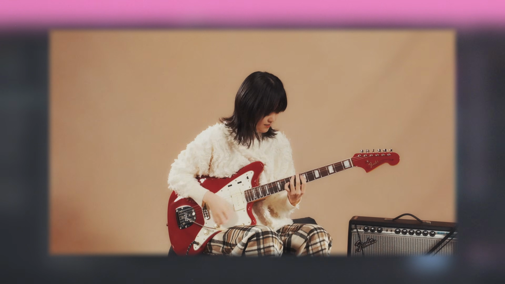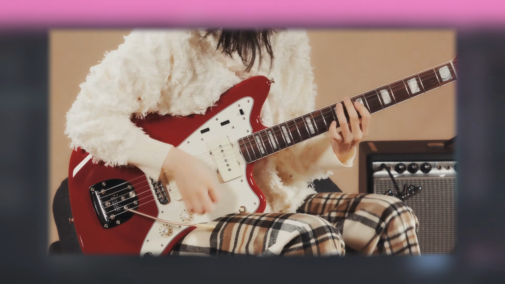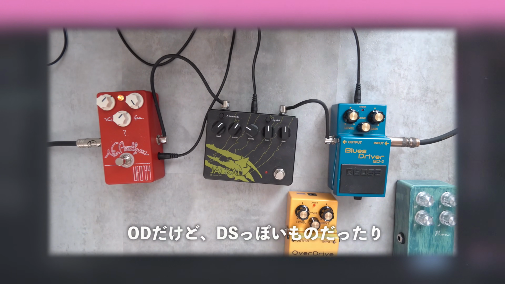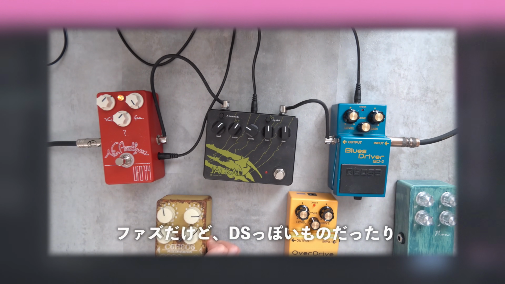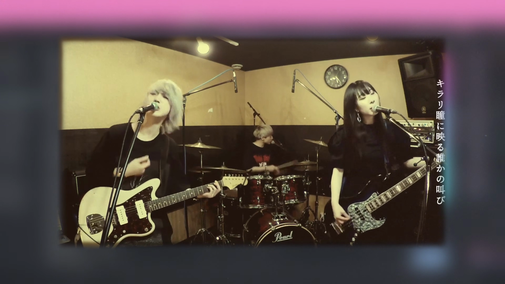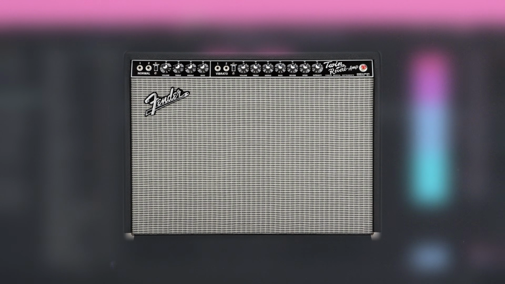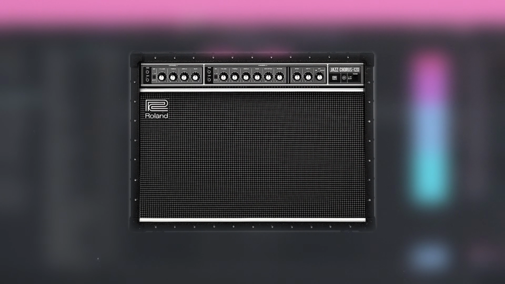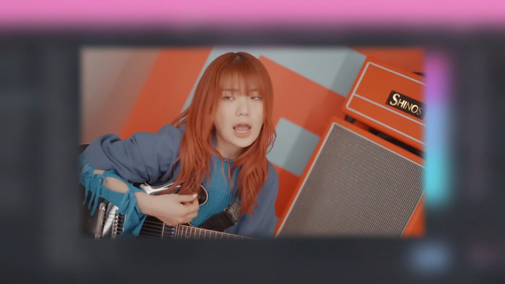It's very difficult to try to break down all the amps and pedals used for J-Rock music, so instead I'm going to try to explain this in general terms based off what I've seen, so please take this all with a grain of salt. I noticed that a lot of practice rooms in Japan will either have a Fender Deluxe or a Fender Twin Reverb amp, some type of Marshall JCM, and the Roland JC120. Of course, some others will prefer more boutique amps or different brands.